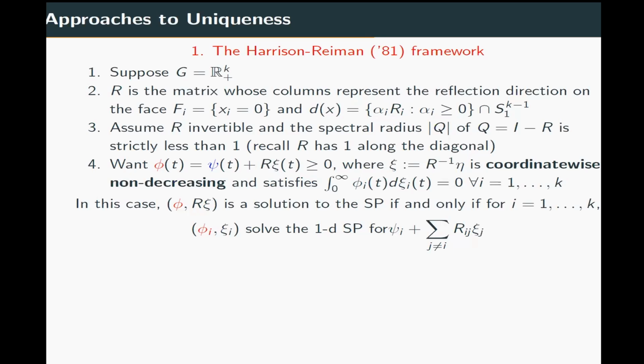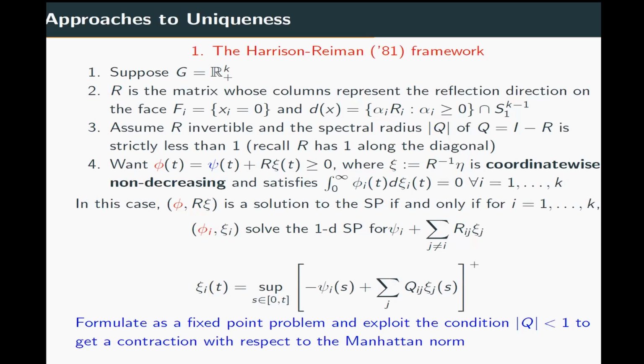So what they did, it's not that you have to follow all the details, but just the ideas of what went into the proof. So you can see here that each of the psi i solves a 1D SP for psi i, which also has these unknown psi j's inside. Okay, so it's a coupled system, and then you can rewrite this